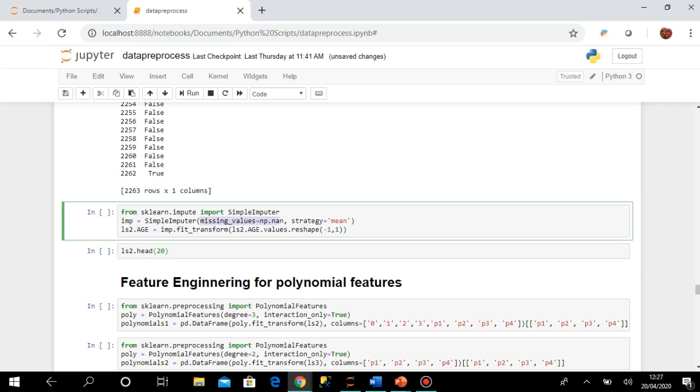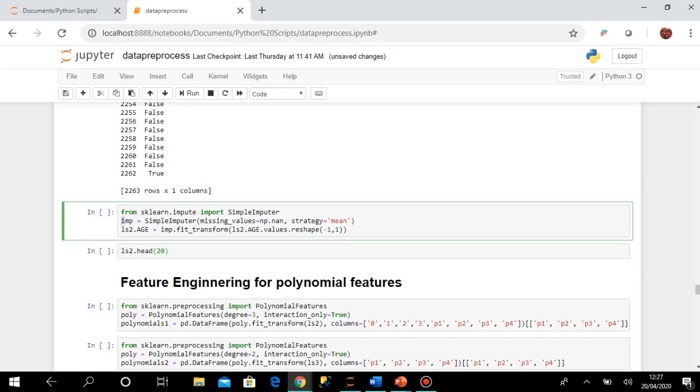Missing values equal to np.nan has the same meaning as the earlier one. I am just telling that whenever there is a nan, it means it's a missing value. And then strategy equal to mean means that the missing data should be replaced by the mean of that data.